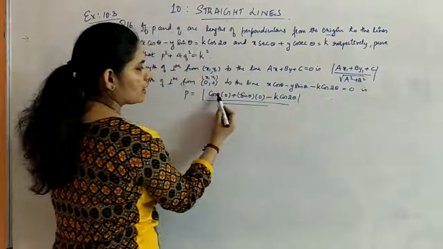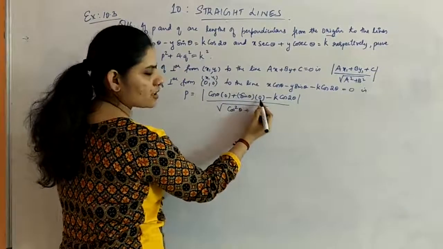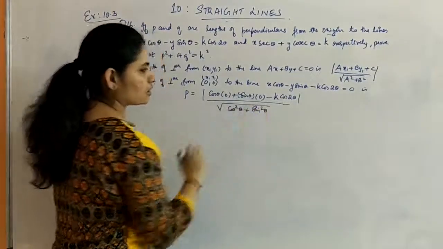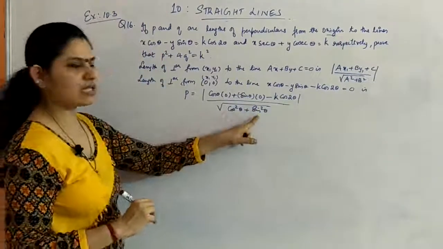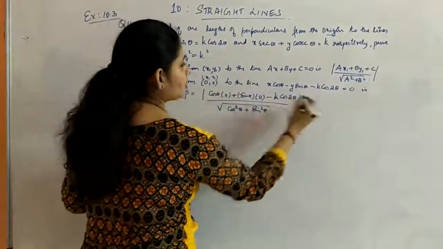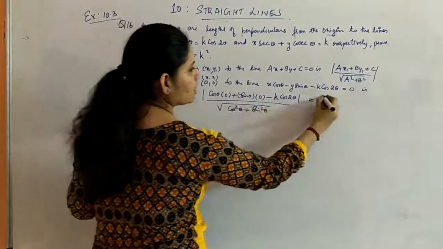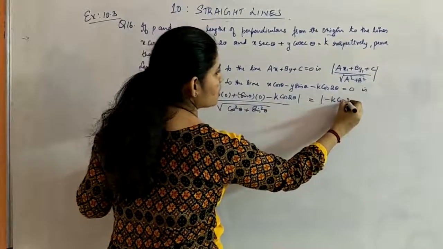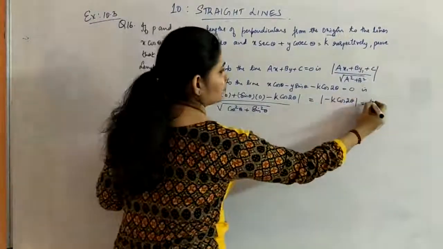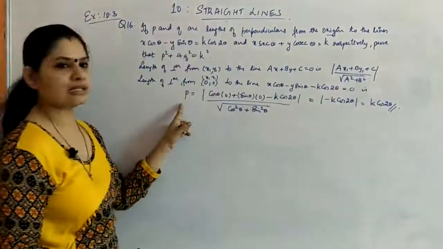What is A? Again cos theta. So cos square theta it will become plus minus sin square theta. My negative of the whole square will give you again positive. So it is sin square theta. Now cos square theta plus sin square theta is 1. So you will have only the numerator, and the terms of numerator, here it is 0, this is also 0. So you will get only this one in the numerator, minus k cos 2 theta inside the mod. Therefore it will become k cos 2 theta as the distance.